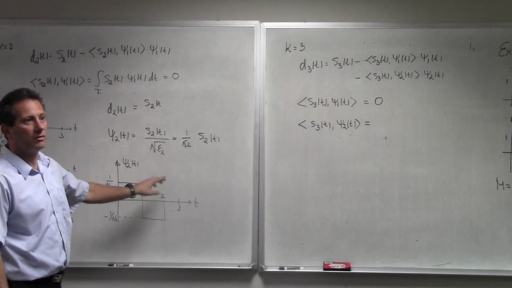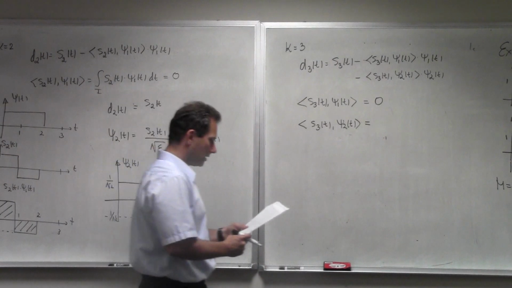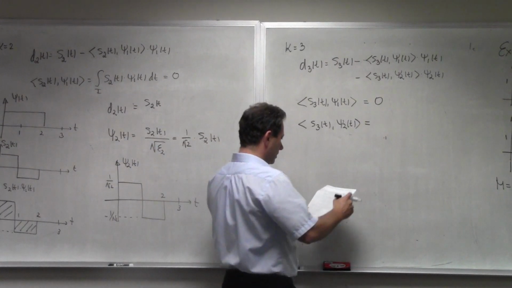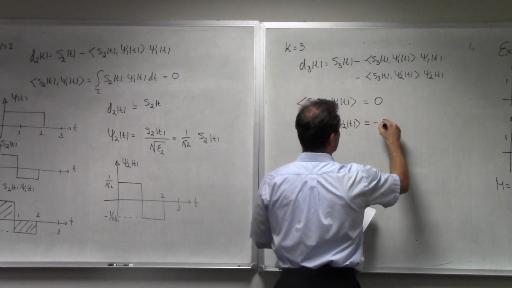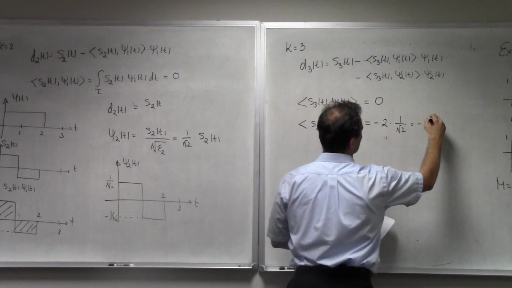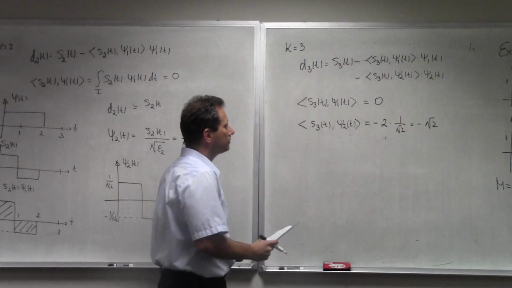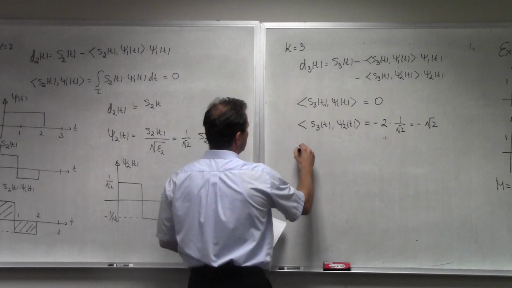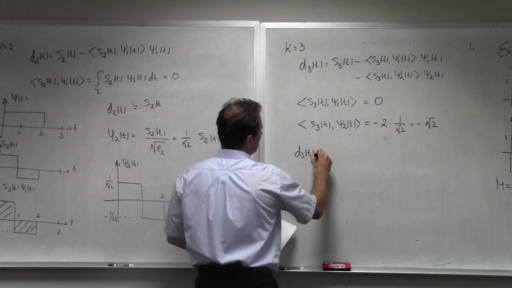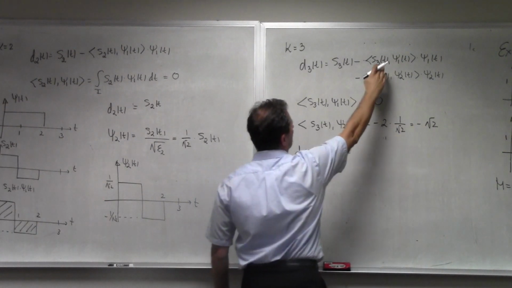And between 2 and 3, you get 0 again. So this ends up being minus 2 times 1 over square root of 2, which is minus square root of 2. Okay? So now, d3 of t is going to be equal S3 of t minus 0, I skipped,